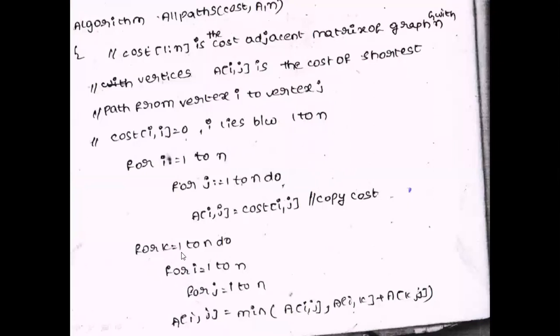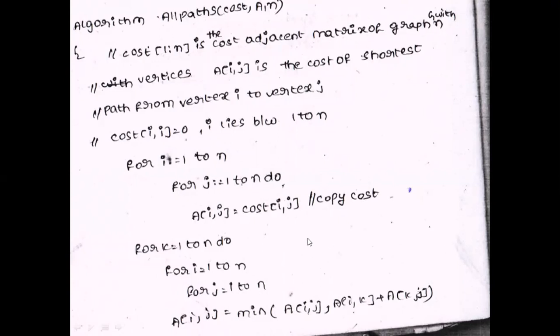Next, for k equal to 1, for i equal to 1 to n, j equal to 1 to n. Here k is the outer for loop and represents the intermediate vertex. To find the shortest path from i to j, if the intermediate vertex is 1, we first execute for k equal to 1. The two for loops run for i equal to 1 to 3 and j equal to 1 to 3. So we are finding the shortest path from i to 1 and 1 to j, calculating A power 1.